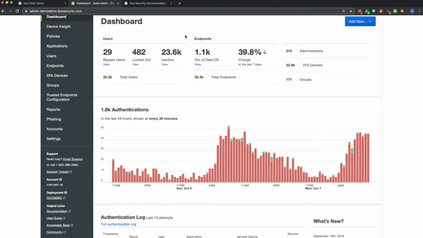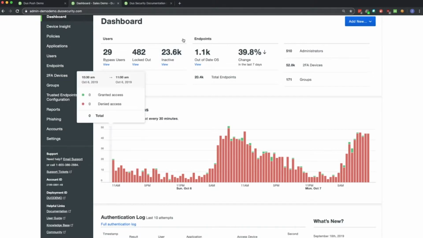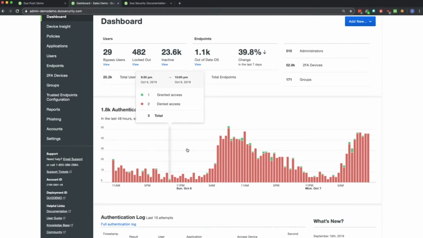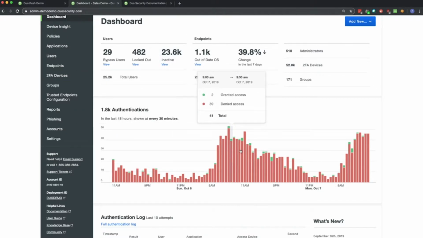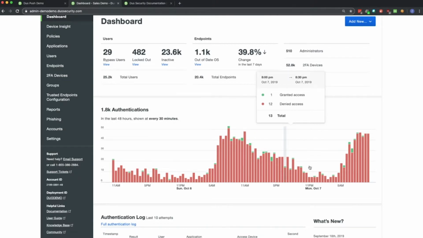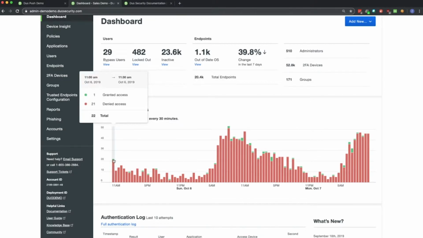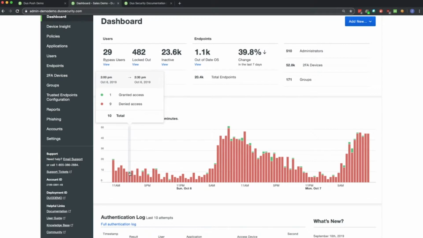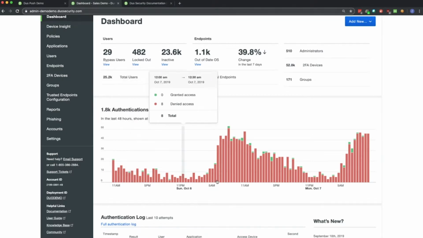your account. The idea on this dashboard is that we want to give you a top-down view, an overview of the most important or changed data in your deployment so that you can quickly identify any anomalies. Here you see a visual representation. It looks like on our demo account we were doing a lot of failed authentication testing, because you can see there are green hashes for any successful auths and a red mark for any failed auths. And this gives you a 48-hour overview.